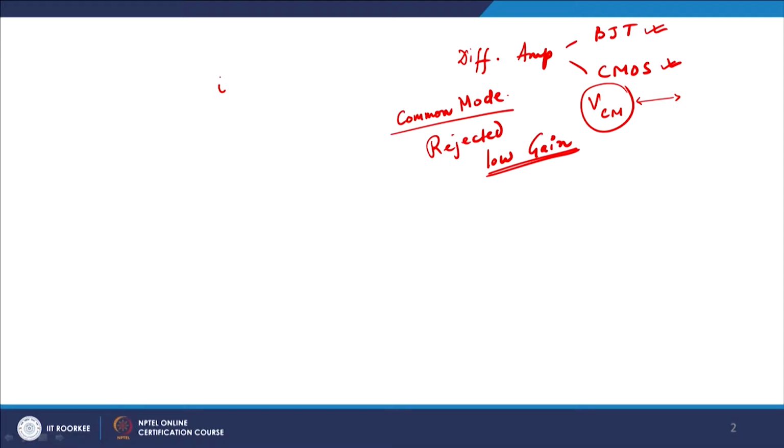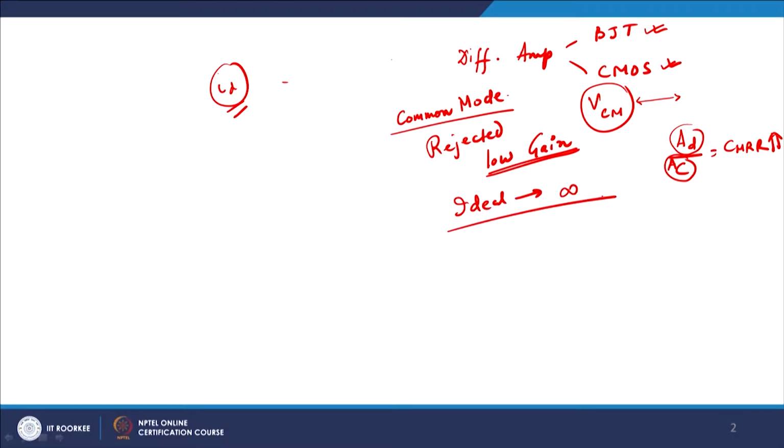Whereas the difference signal, which we had defined as IDV, the difference signal between the two arms of the amplifier, gets amplified drastically, and the ratio which we had already defined earlier, differential mode gain divided by common mode gain, was referred to as CMRR, and this should be as high as possible. Ideally, as I discussed with you, the ideal value should be equal to infinity. So, if you design an operational amplifier or a differential amplifier